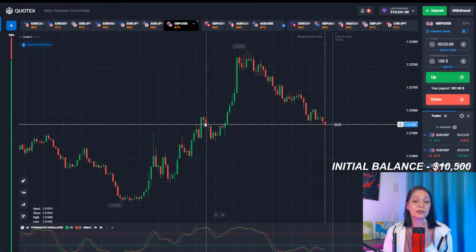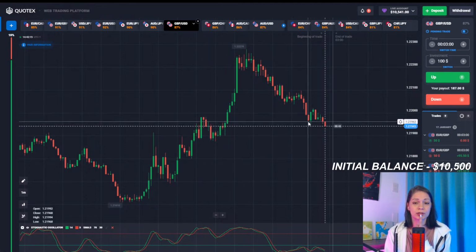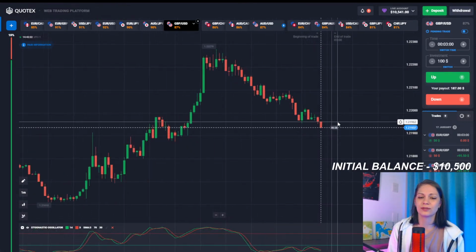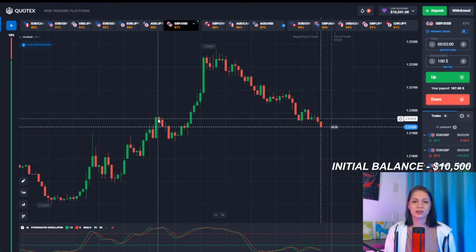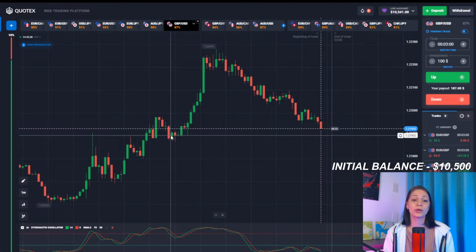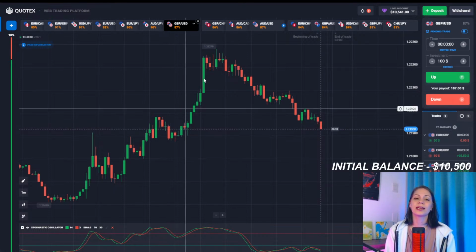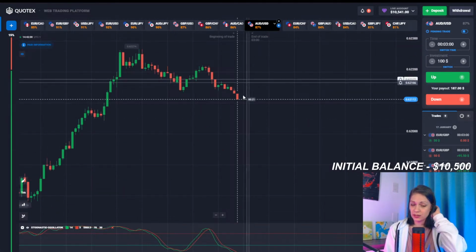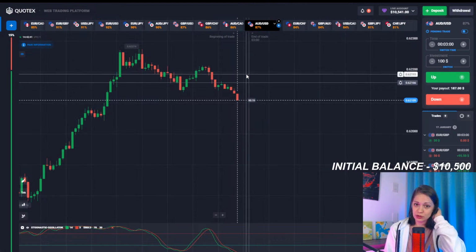So there is a probability and possibility that the price is going to do a reversal and rise again somewhere on this level where it is right now. But I do not see any confirmation of that happening. So from this zone or from this point, there is going to be a reversal, and if it's not happening, then it's going to be a new downtrend and we will find another entry point, but for now we're just moving on.